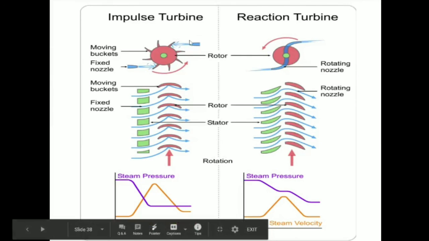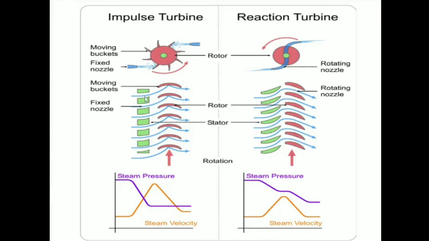So we can have the comparison between impulse and reaction turbine in a single slide. We can see the fixed nozzles, that is the stator portion, and the rotor. The number of nozzles are opening towards the bucket-shaped rotor blades, so that due to the impulse of the steam, the rotor starts rotation. In the second case, in the reaction turbine, due to the pressure difference as well as due to the impulse, the rotor rotates.